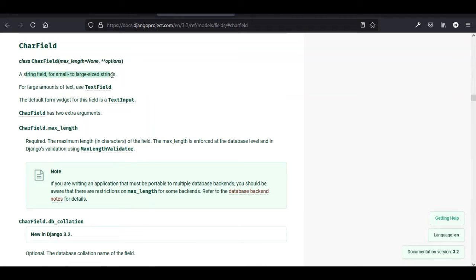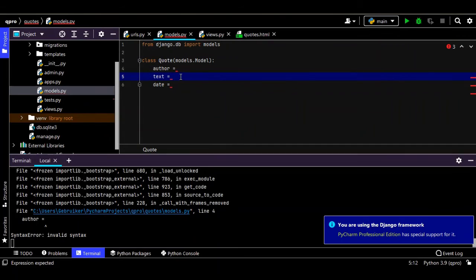CharField is basically a string field for small to large size strings. So I would go with this one for the name of the author or a title or whatever. And for large amounts of text, use TextField. Our quotes are going to be very short, but just for practicing, let's use TextField for the quote itself, for the text, and CharField for the author. Let's see what arguments it has. CharField has a max length and some options. Let's just copy this